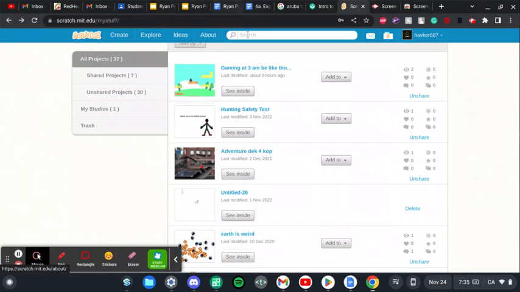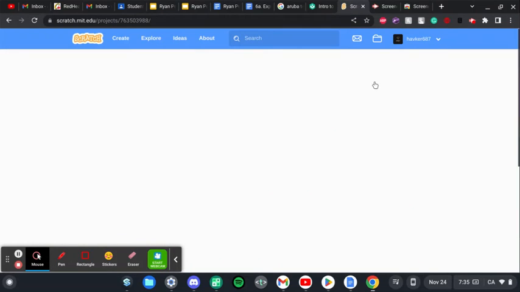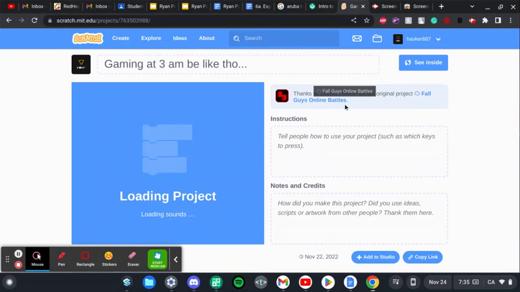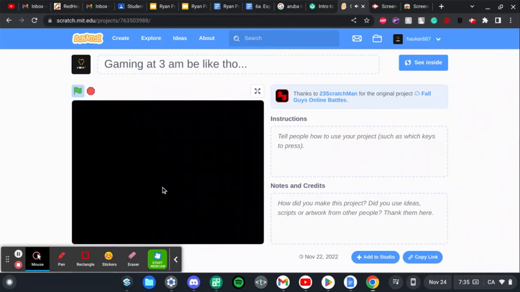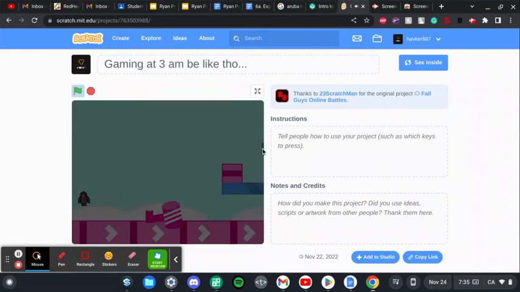And I made a remix for this one. So you can tell it's the remix. I changed a few things and made some changes to it because it's really complicated. But it was super hard. So you can play multiplayer and play single player, which I think is super cool because me and Cameron play together, and then I changed up the colors a bit compared to their other original project, and